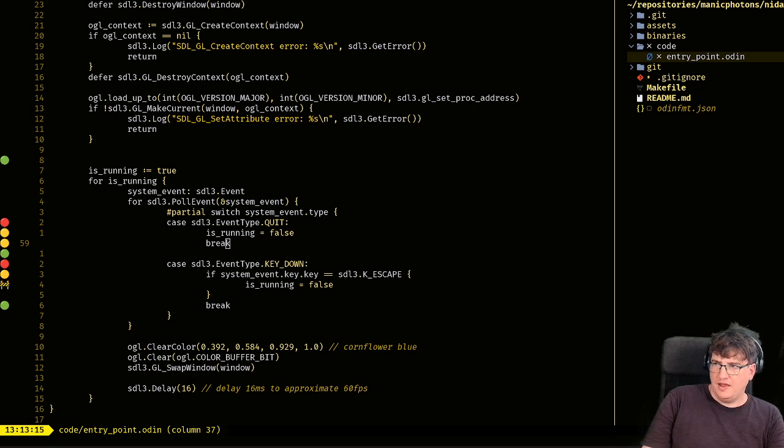Now, isn't there if do statements, I think, to let me make this into a single line?